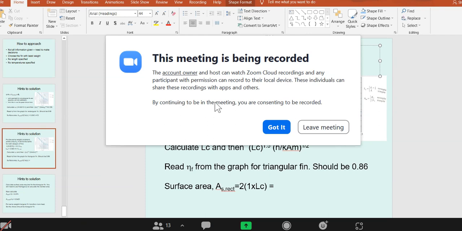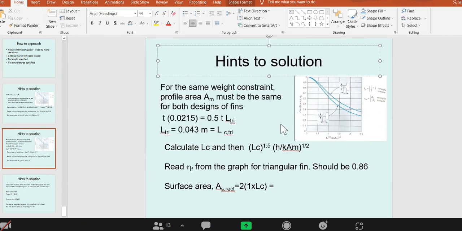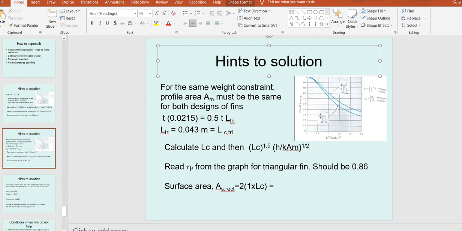This will be a little clearer if I just explain on the whiteboard what I'm doing. So if I share and show you the whiteboard. So basically what I want to tell you is, what is the weight of the rectangular fin,